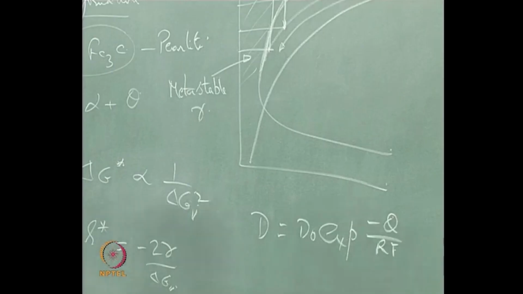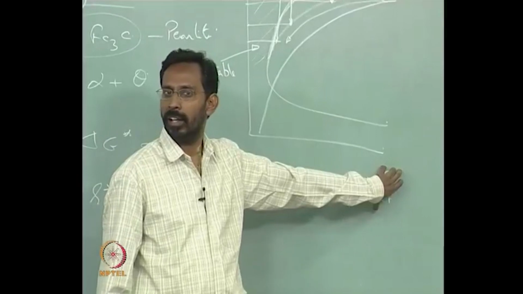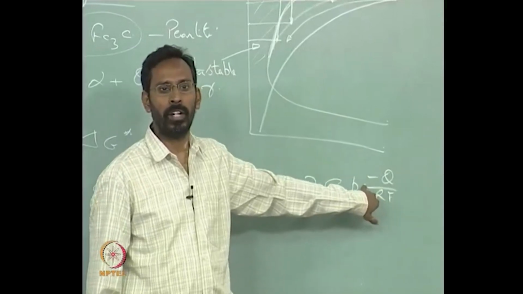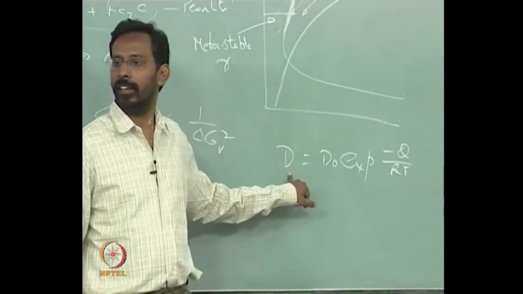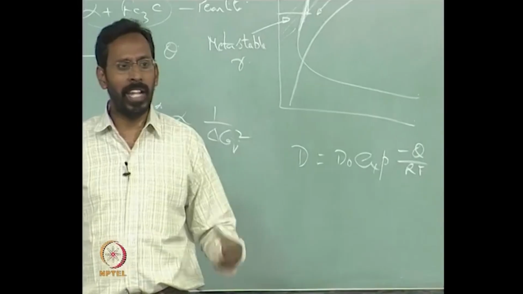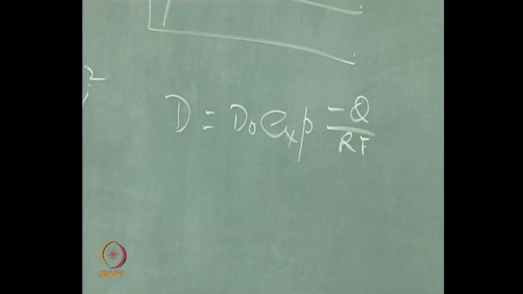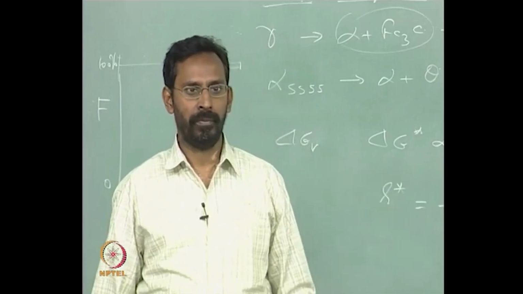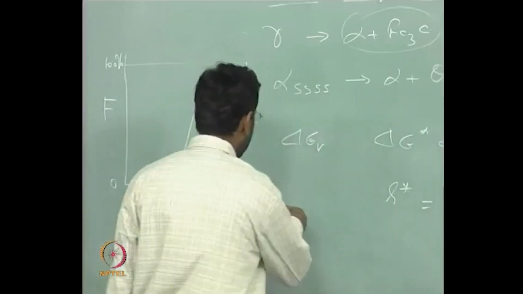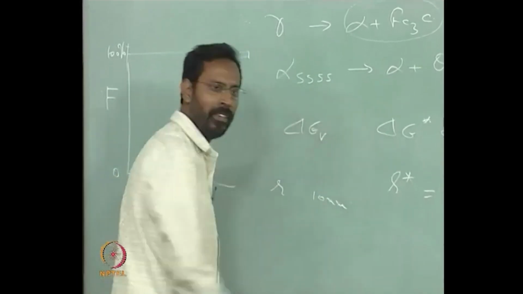So, as a result, you can see as the T decreases, this quantity increases. This quantity is negative. So, the negative quantity inside the exponential increases, and once that increases, D will decrease. So, the D is decreasing. If the D is decreasing, the time taken for any particular size of R star to form should keep on increasing, isn't it? If you consider a particular R star, let us call it 10 nanometer size, whatever it is,